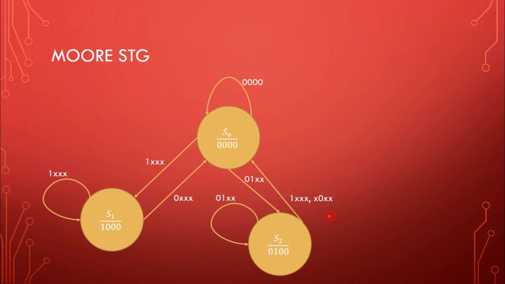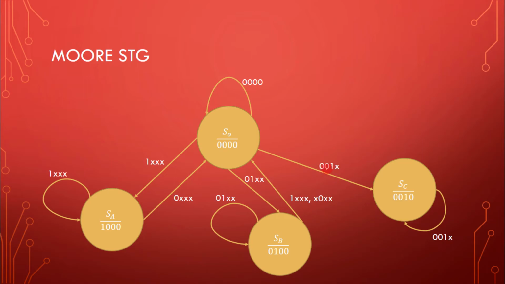Similarly, if device A and device B both are not requesting the bus controller, and here device C requests the bus controller to have an access to the bus, then it will be served and your output O2 will be enabled. It means device C has an access to the bus as long as you have this combination of request pins. Here you can see you have a don't care bit at the 4th position because device D has lowest priority.